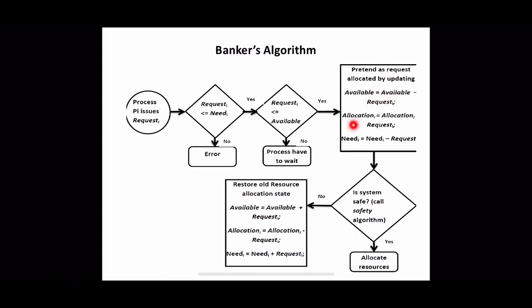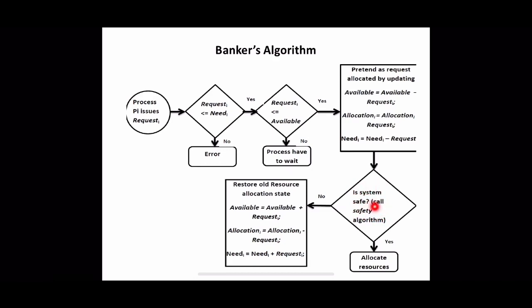Then Allocation of the corresponding process will be increased by the requested resources, right? So Allocation i will be updated by adding Request i. And what about the future requirement for this process? That will be deducted, because this much resources are already allocated, so that much will be deducted from the future requirement. This much updating will be done in the current state of the system, and we have to check. So this is the present scenario after granting the request. Definitely we have not granted it, just pretending that we have. And we have to check whether the resulting state is safe.